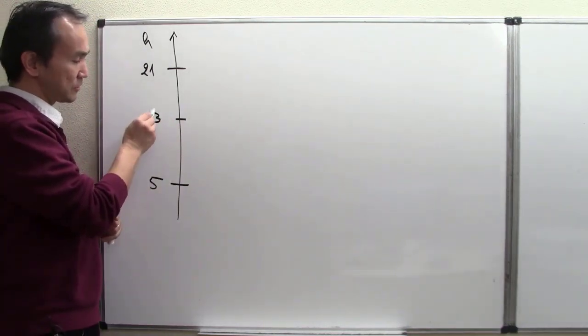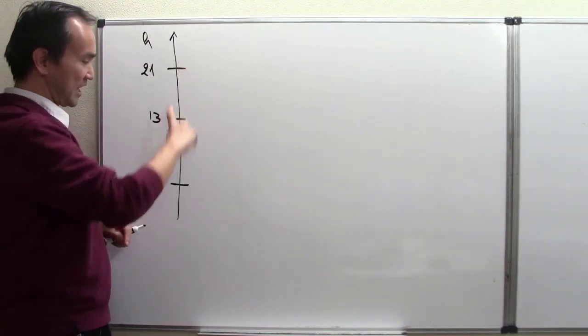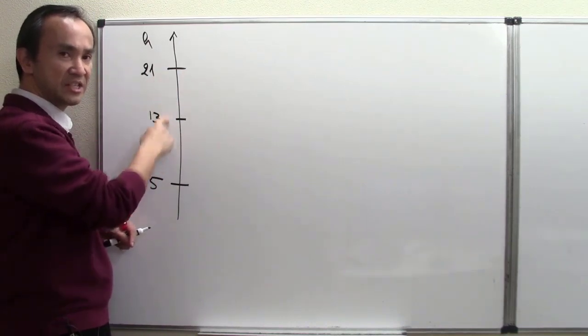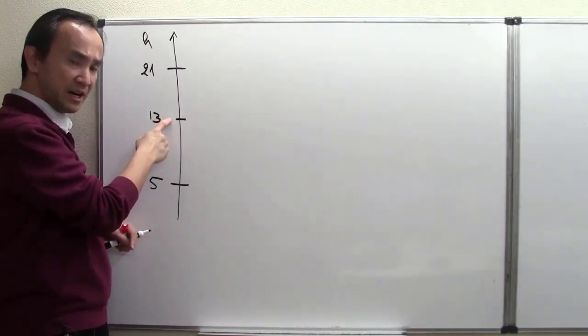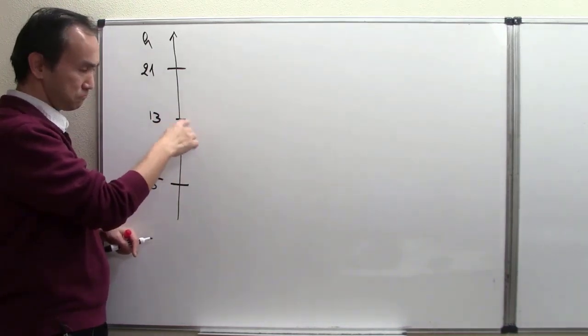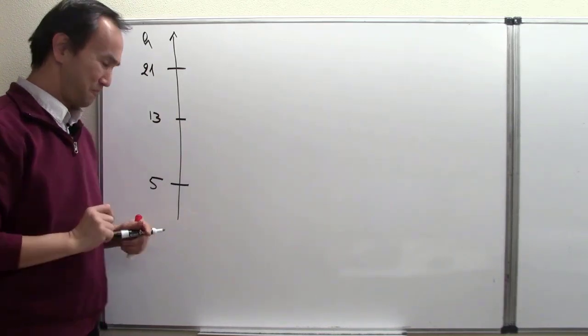But 13 being right in the middle. And so checking for consistency as far as this physical distance, yes, from 13 to 21, it's 8 up. And from 13, the mid-tide, down to the low right here, it's 8 down right there. So 13 makes sense to be exactly in the middle. Okay? And so now I have